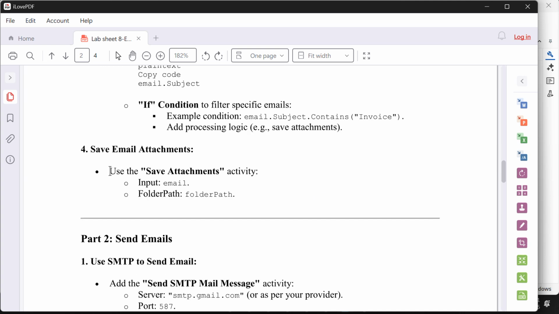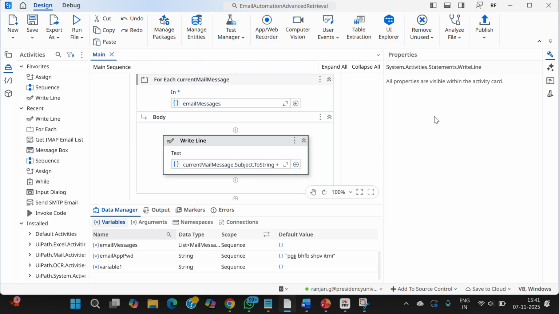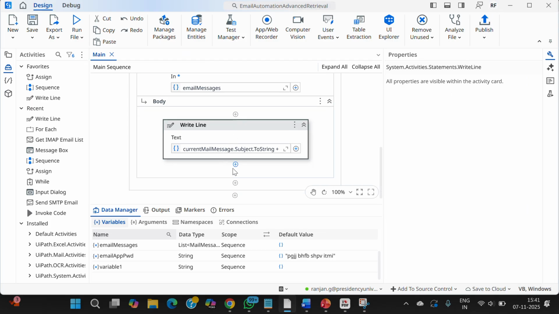And as an enhancement to this workflow, we will try to save attachments, but let's do it once our simple retrieval action is successful. So I think pretty much we are done. Yeah, we can also put a count to see whether